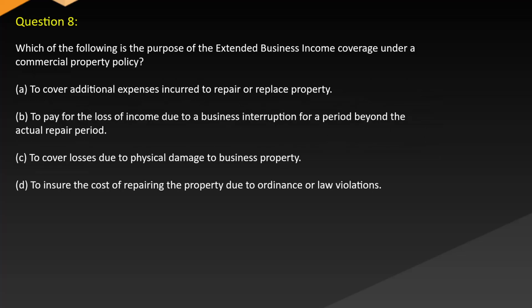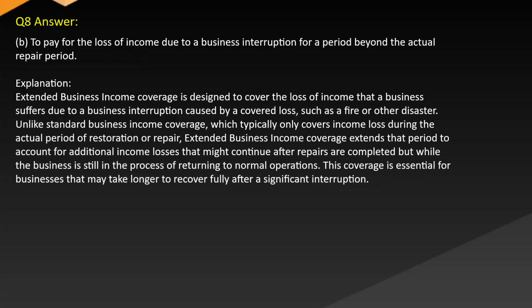Question 8. Which of the following is the purpose of the extended business income coverage under a commercial property policy? A. To cover additional expenses incurred to repair or replace property. B. To pay for the loss of income due to a business interruption for a period beyond the actual repair period. C. To cover losses due to physical damage to business property. D. To insure the cost of repairing the property due to ordinance or law violations. Answer B. To pay for the loss of income due to a business interruption for a period beyond the actual